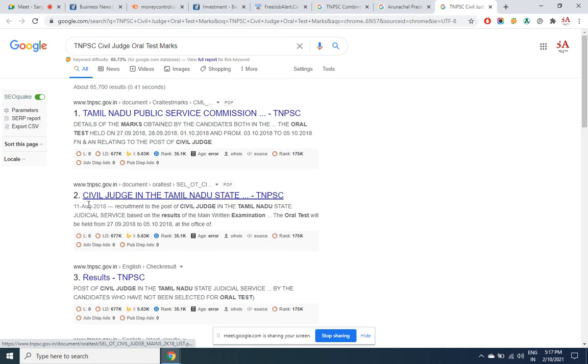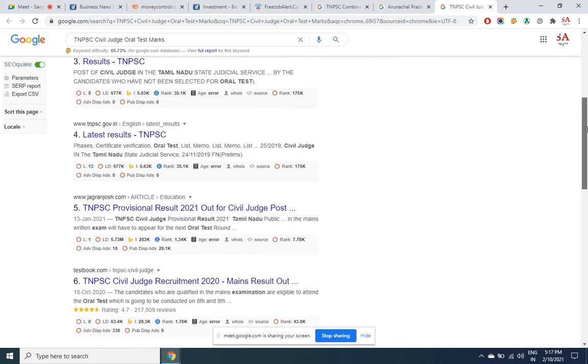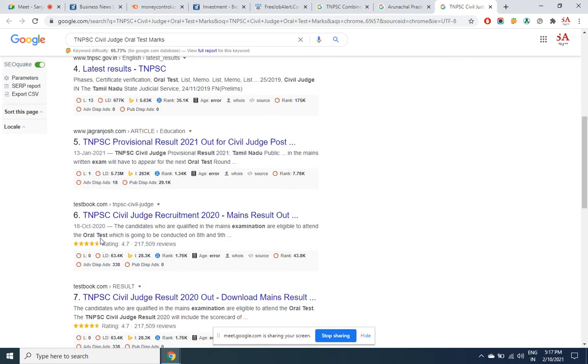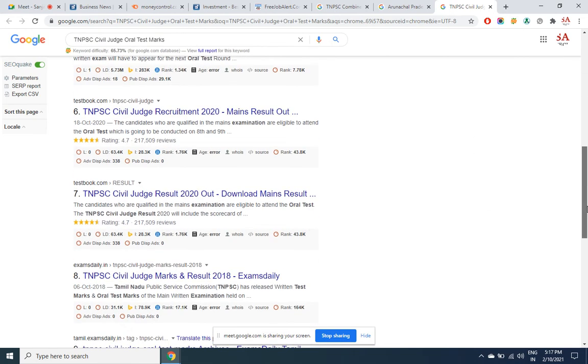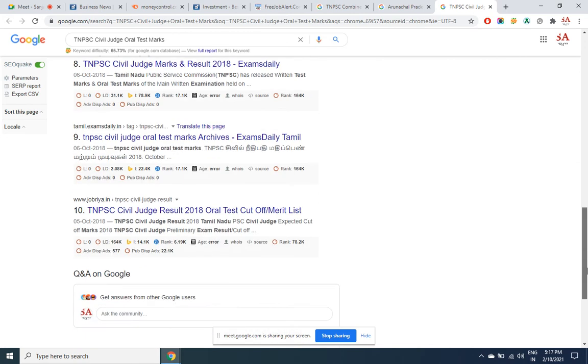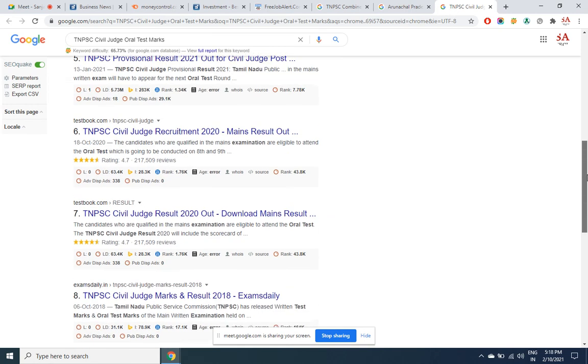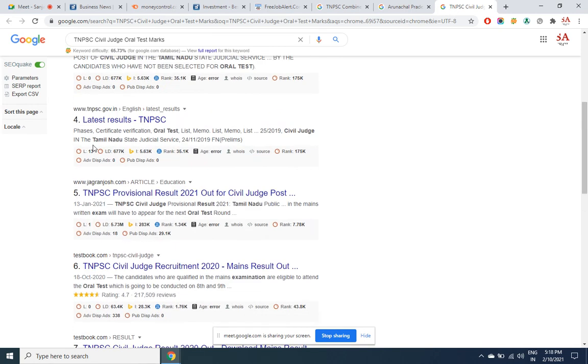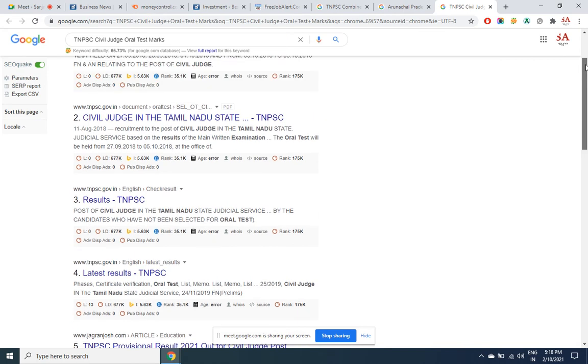Look at that: TNPSC, TNPSC, TNPSC. Zero backlinks, zero backlinks, zero backlinks, and these pages are ranking on top. A site like Jagran Josh is also, like your free job alert, making huge income. This is an appropriate keyword for us to target. Not even a single page has got multiple links. All of them 0, 0, 0, 0. Okay, here one link, here 13 links. But most of them 0.